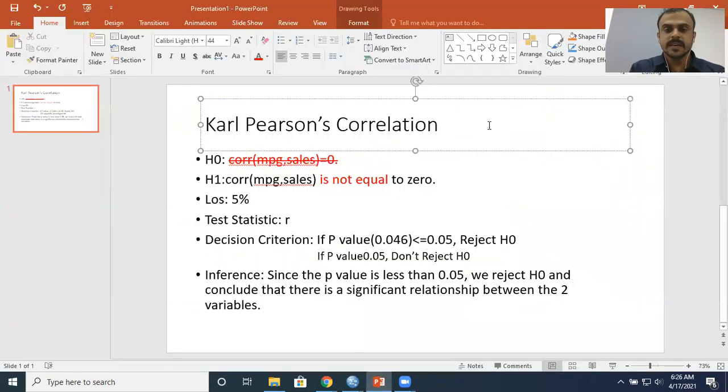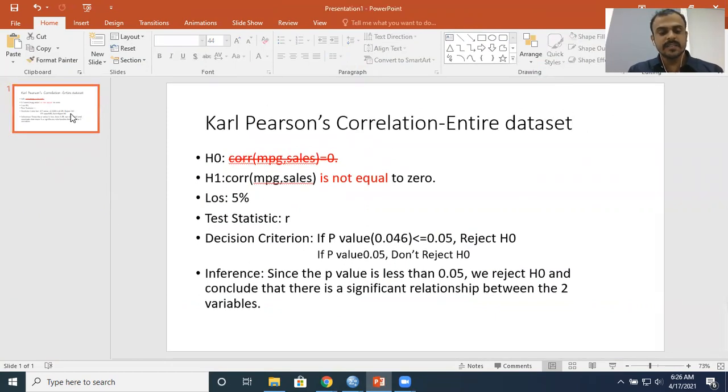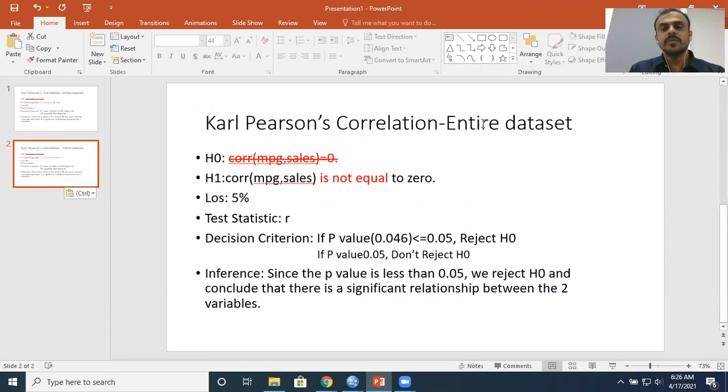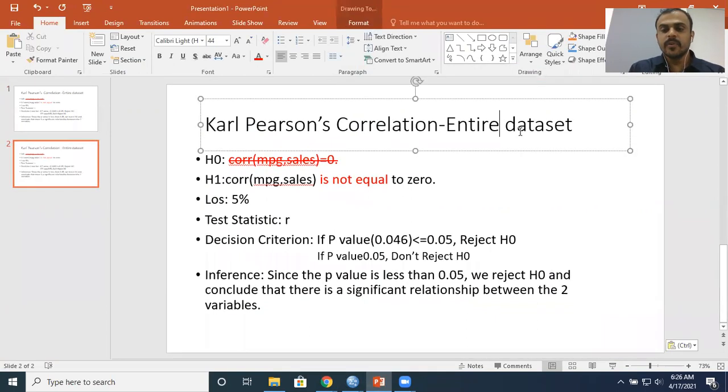Now, this is Karl Pearson's correlation for the entire data set. What I can do is copy paste the same thing here. In the second slide, I will not be including the entire data set.